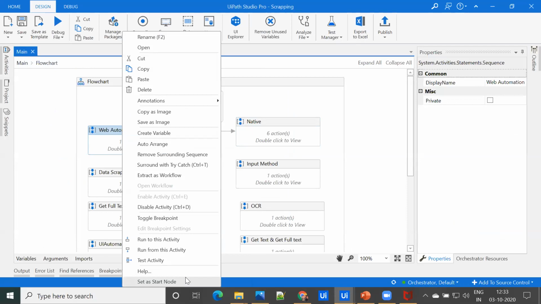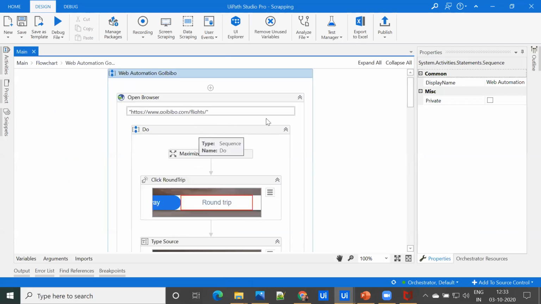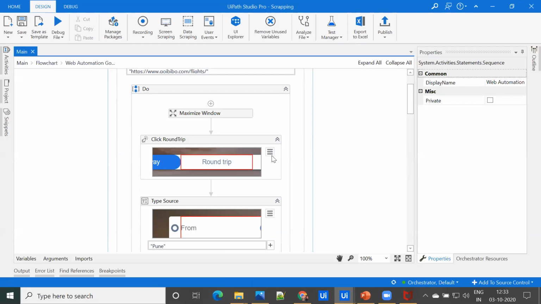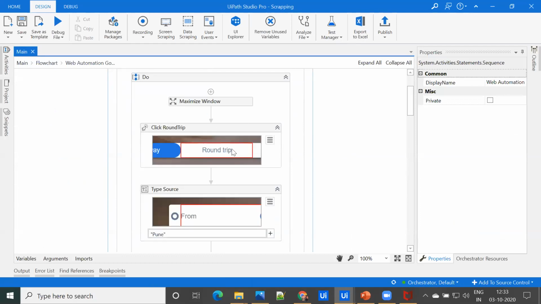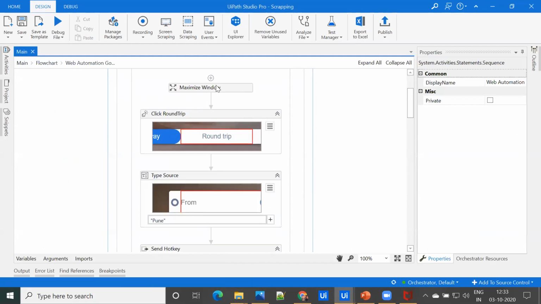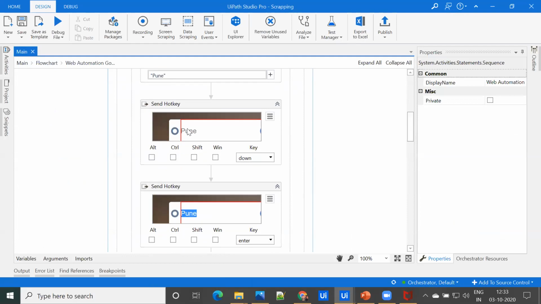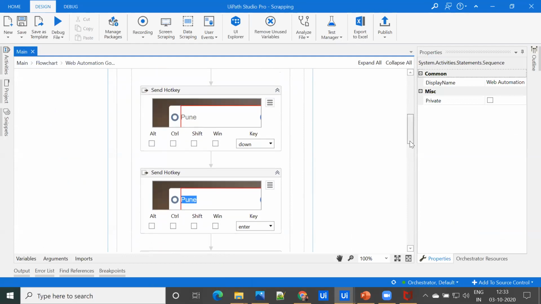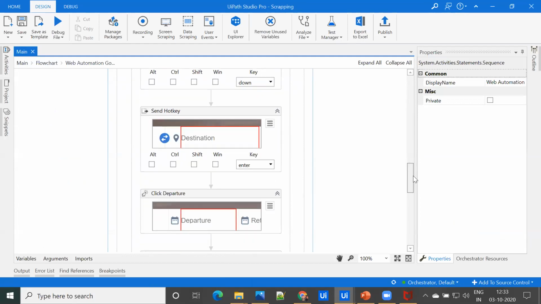So the use case is, there is a flight booking website, and over there is a round trip button. So it is clicking on the round trip button with the help of the click activity. I have used open browser, maximize window activity, then click activity. Then again, I have passed some hotkeys to select the source and destination.